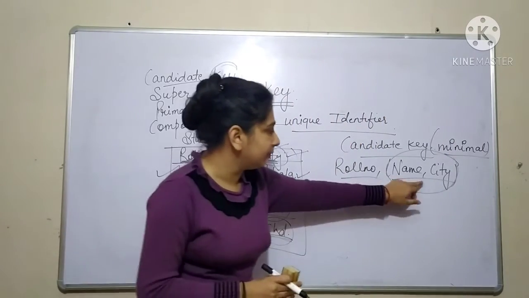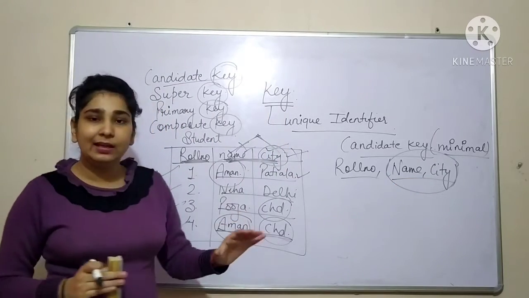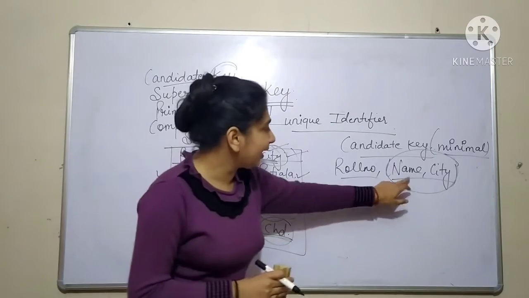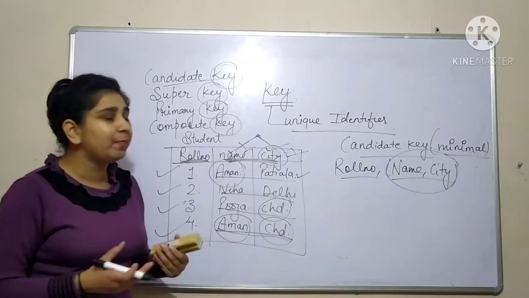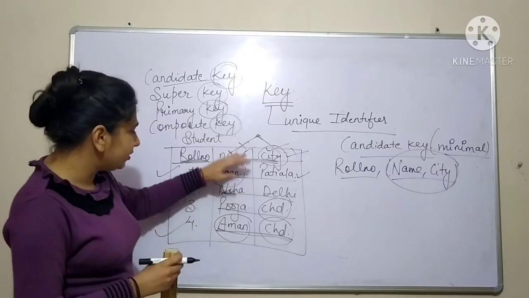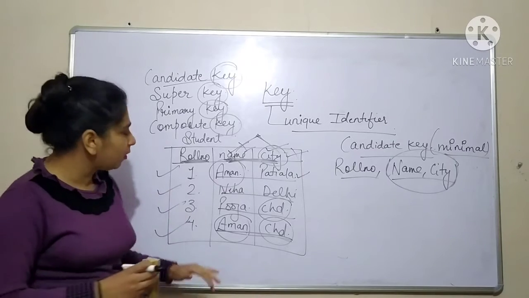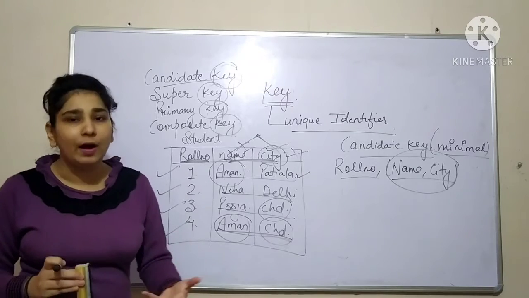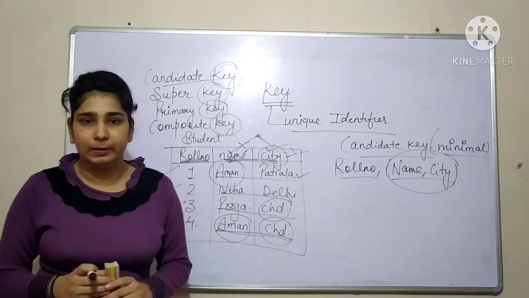This is the minimum requirement to determine any record of the relation uniquely. Okay. So candidate key is nothing but the minimal key. The minimum number of attributes you require to uniquely identify each and every record of the relation. We can have many keys possible in the table. It is not that we would be having only one key. Several keys might be present in the table.